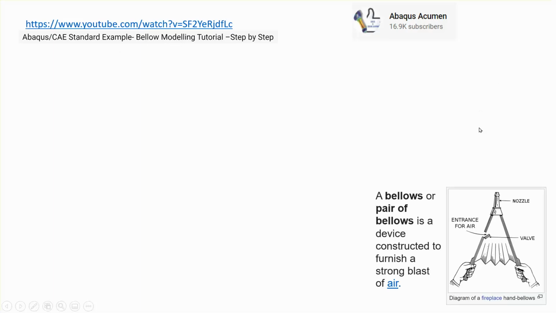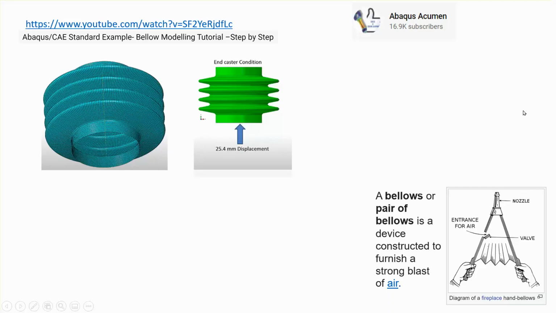So this particular problem that I'm going to be solving is already done in the software by this YouTuber using the ABAQUS program, and it's titled Bellow Modeling Tutorial. Now, a bellow is a gadget that allows you to pump basically high-speed air into a nozzle. This definition is taken from Wikipedia, and the reason that we are doing this is that that portion of the bellow